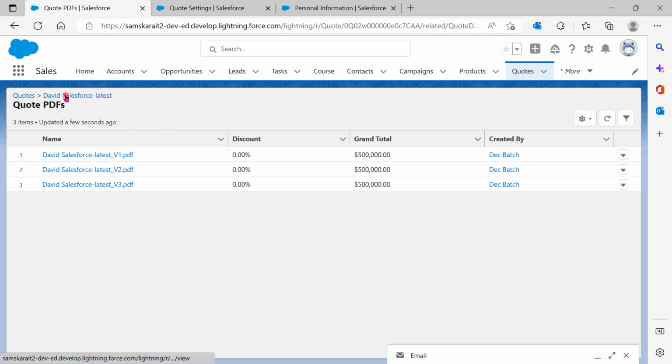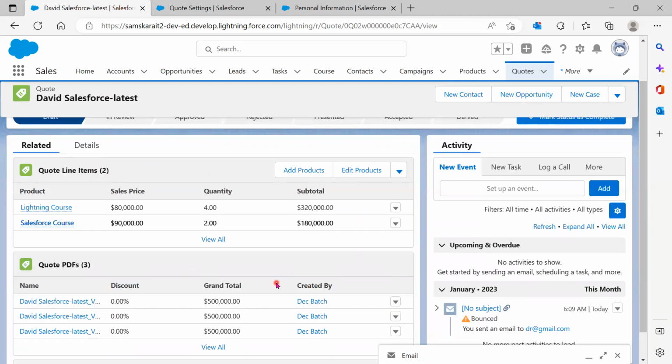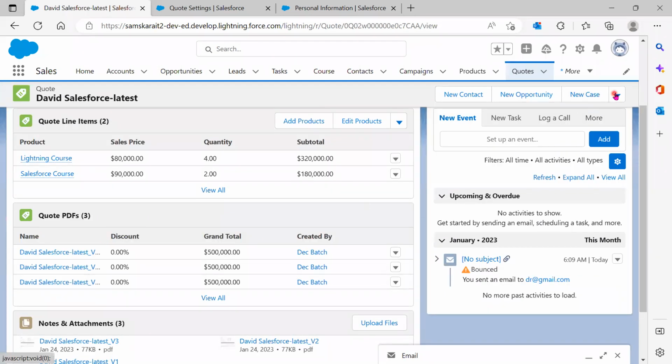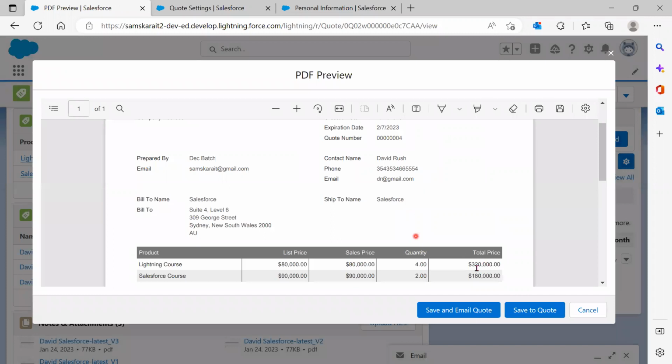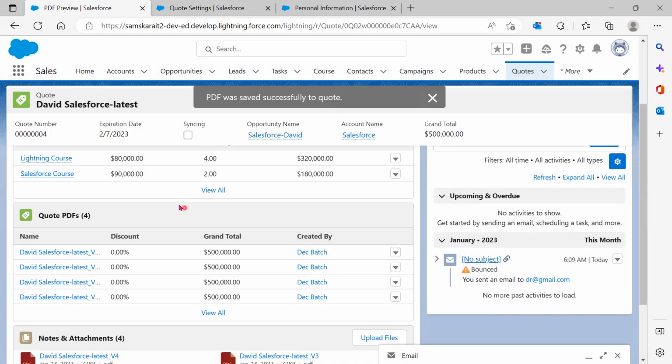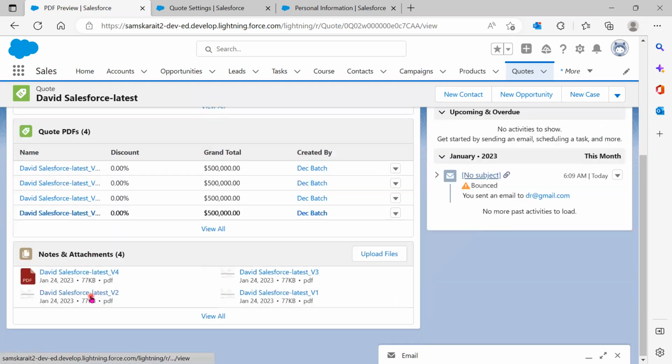Now, if I go back to this Salesforce latest, you see here there are three records. If I click on create PDF, I'll review it again and click on save to quote. Save to quote. Immediately the count has increased, and the latest one is V4. The latest one is V4. So next time, if a customer comes and asks me,